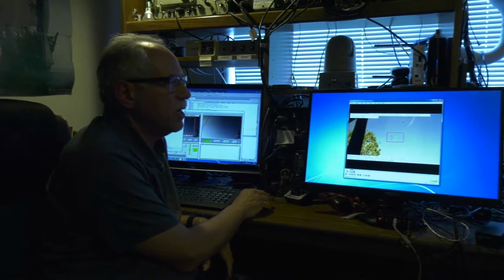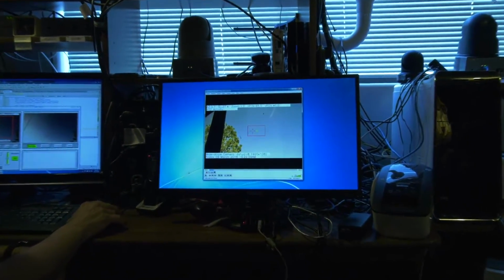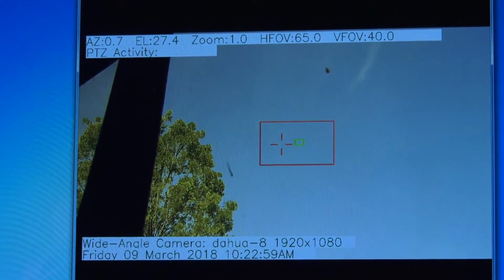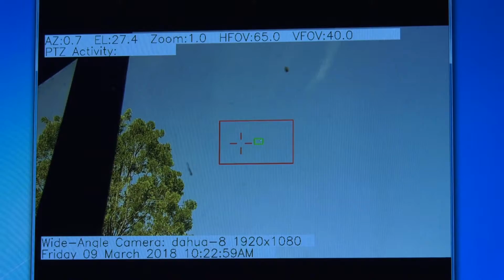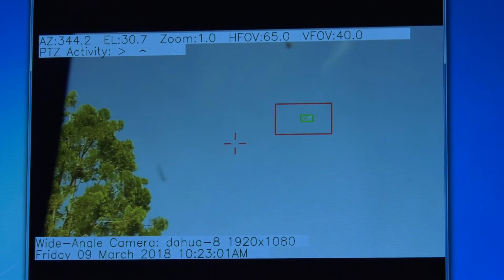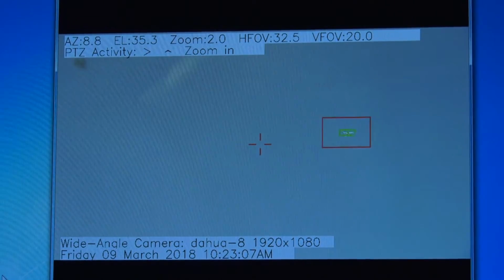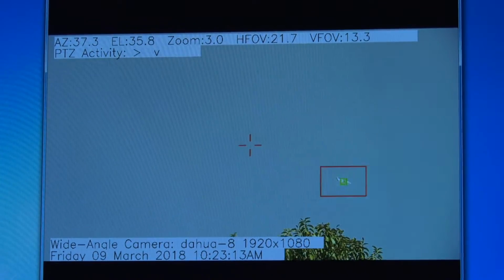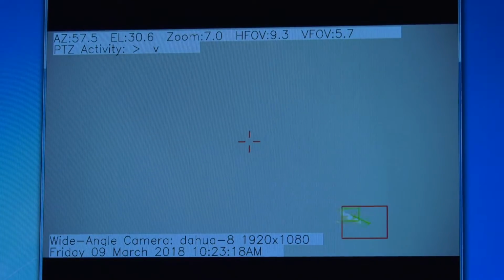Here's an example that I can play back of what the OTDAU, or the Optical Tracking Data Acquisition Unit software, can record when it notices motion. In this case, it's a jet aircraft, as I mentioned, flying probably about a mile away at about 2,500 feet. Here it's recognized the object. The green box is a minimum bounding box around the actual recognized object, and the red box is a shrunken crop box in which it can detect new motion changes.